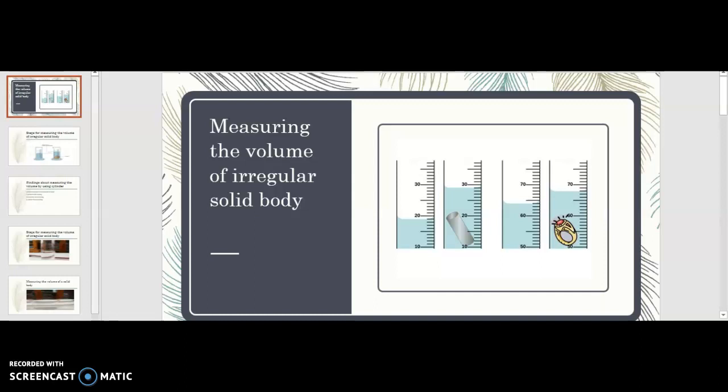In this method, we use the cylinder and the water to measure the volume of a regular solid body by the displacement method. The steps for this method: